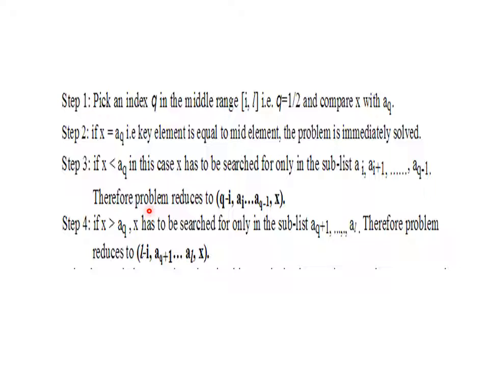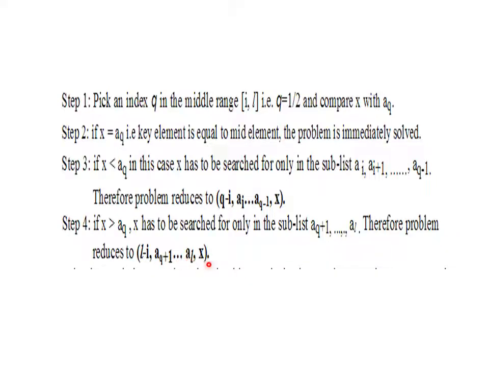On the third case, if the search item is greater than the middle item, that is our third situation, then we are very sure X may be present in the right side. If the item is present, then it is present in the right side and it is never present in the left side. So we can reduce the problem to L minus Q. It is not L minus I. You see here, L minus Q. The pointer shows L minus Q, comma, A of Q plus 1 to L, that is the array numbers,